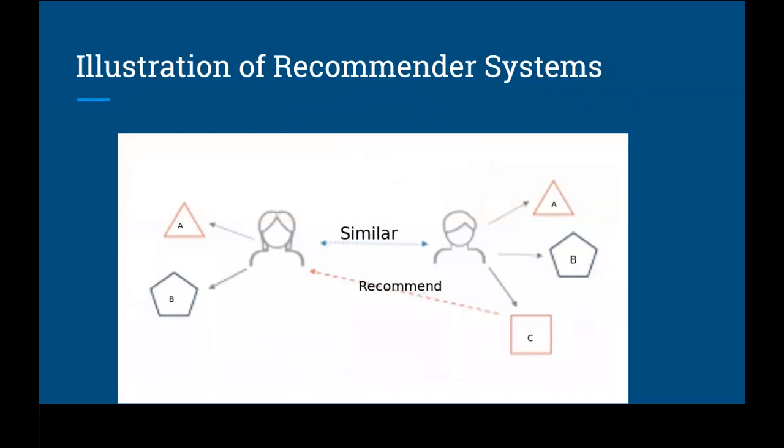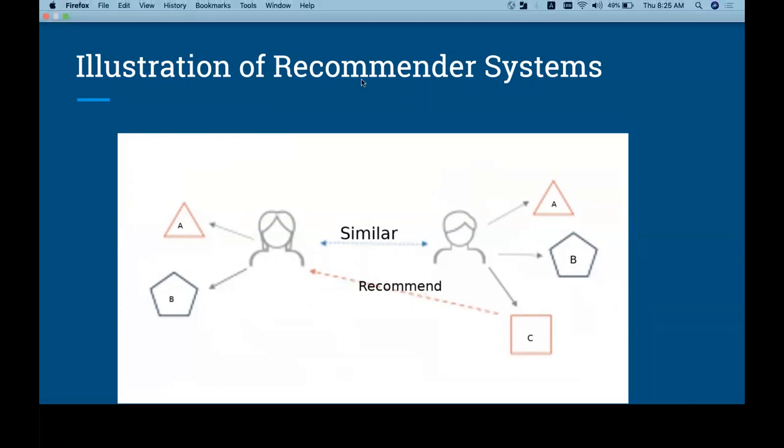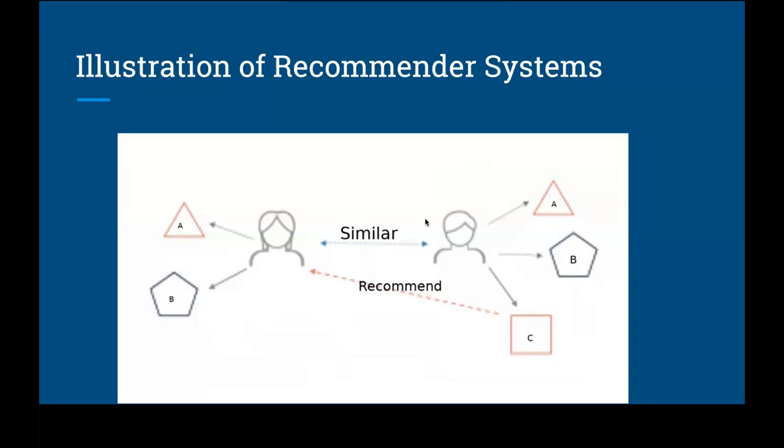Okay, so can you think of any other different way in this approach, or along these lines, any other way you can do this? So this is one approach. Can you guys think of any other approach? I hope this is clear, what I'm trying to explain here. So basically you bought A and B, and the person on the right also bought A, B, C. So C is recommended to the person on the left. Can you guys think, is there any other way you can achieve this?